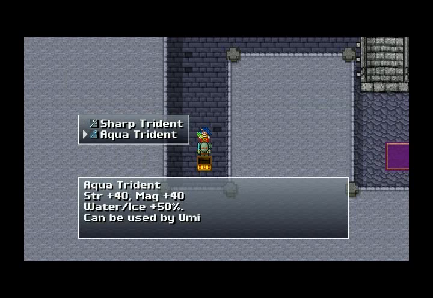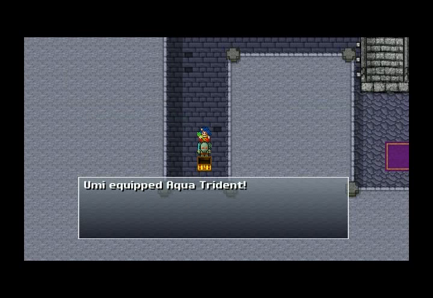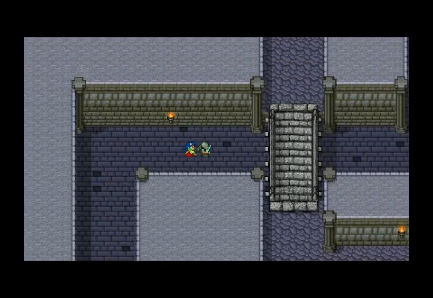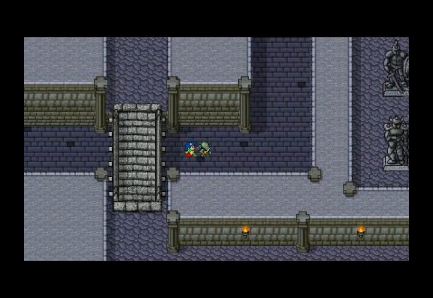What do we got there? Oh yeah, look at that. Water and ice. That's cool. Alright, she's going to equip that. Beautiful. When we get to a dungeon, I'm going to play through the dungeon ahead without recording, obviously, and kind